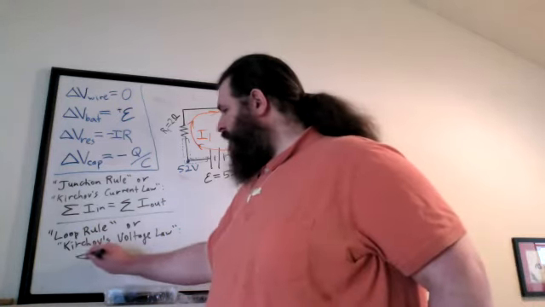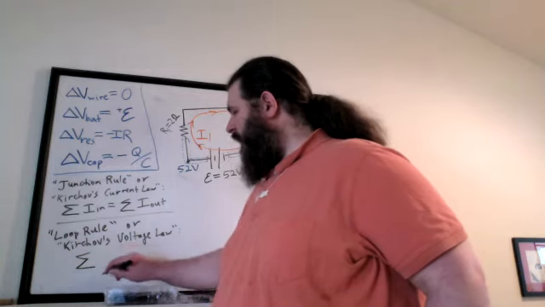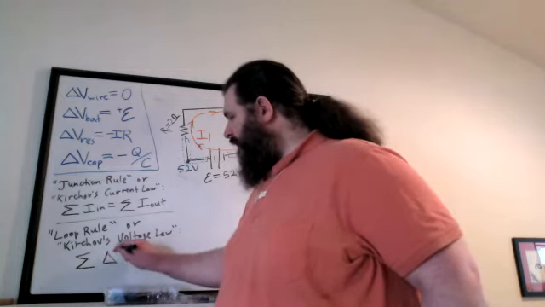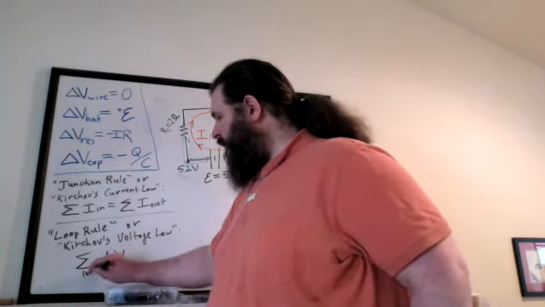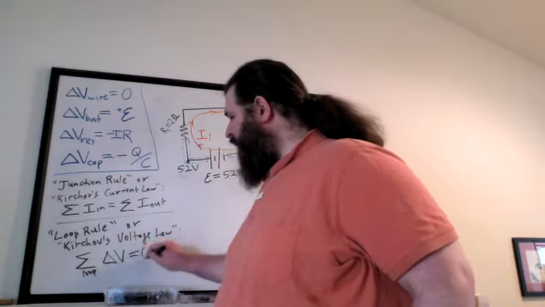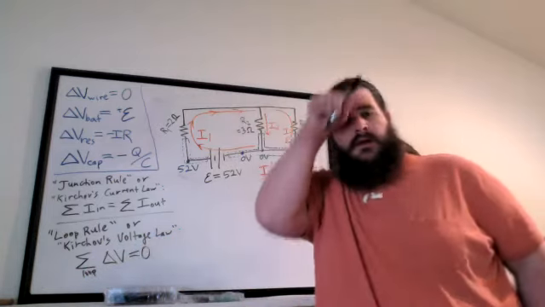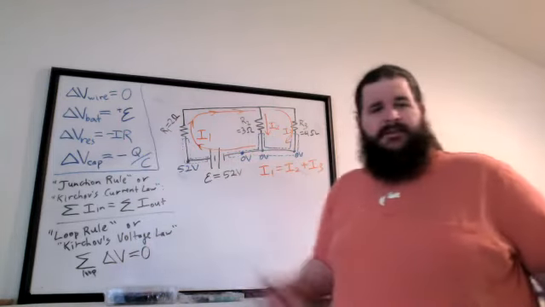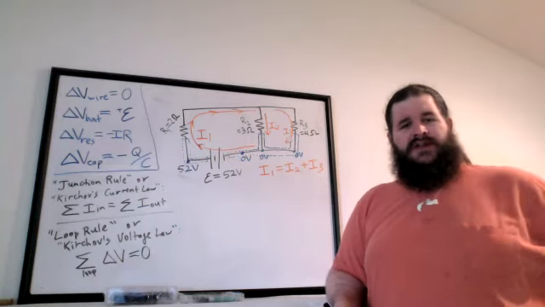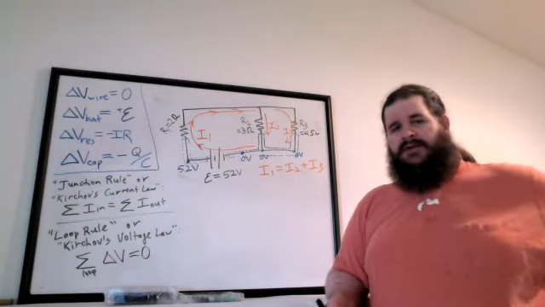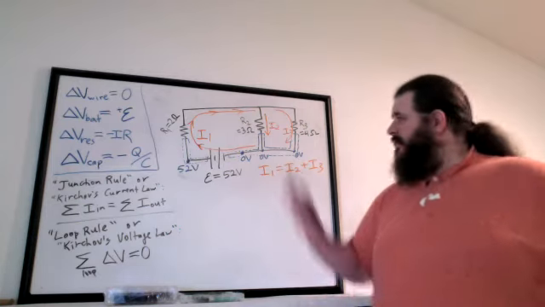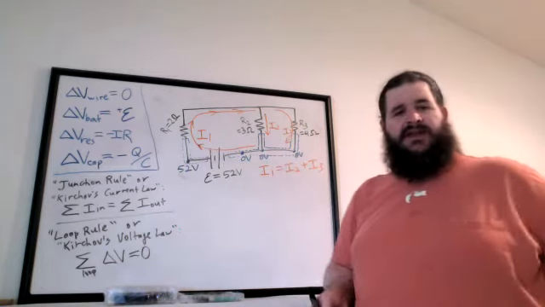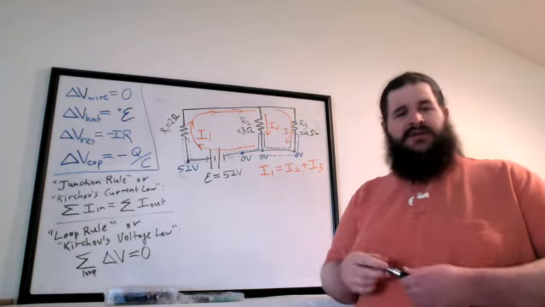For any complete loop, as long as you're starting and ending at the same point, the sum of all of the delta voltages that you encounter in a complete loop has to add up to 0. And you may have some voltage boosts because of batteries, you may have some voltage drops because of resistors, but all those changes have to add up to 0. And that's true for any loop. That doesn't mean the whole circuit. That just means in a single loop, any path that starts and ends at the same